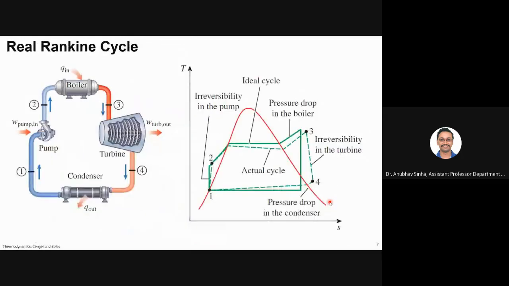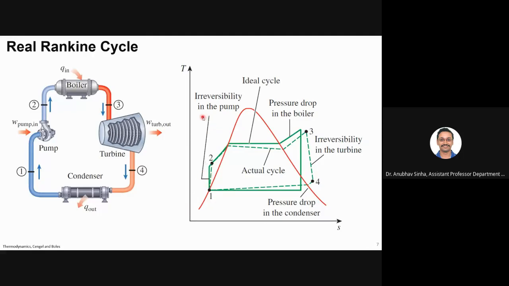Okay, moving on. Till now we have looked into the ideal Rankine cycle. What will happen ideally? Now let us have a look at what will happen for a real cycle. For the first step, we have assumed that it gets compressed isentropically. The solid line that you see here shows you the ideal cycle, and the dotted line shows you the actual cycle. So let us see the different deviations from an ideal cycle.